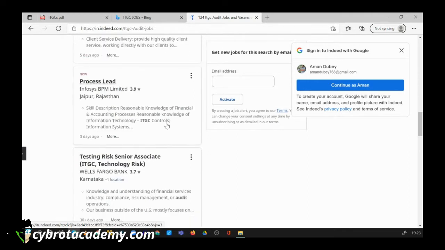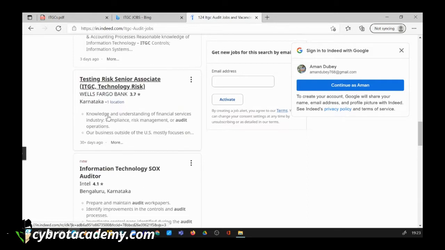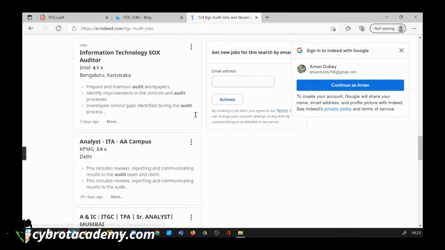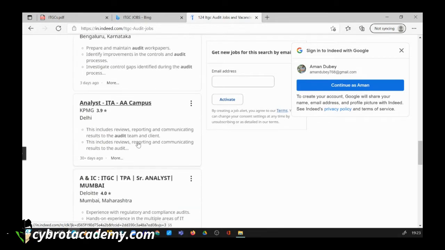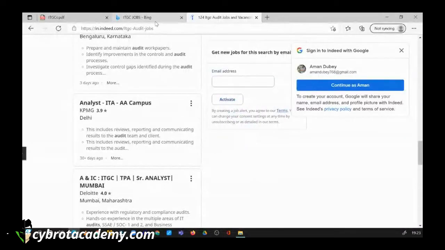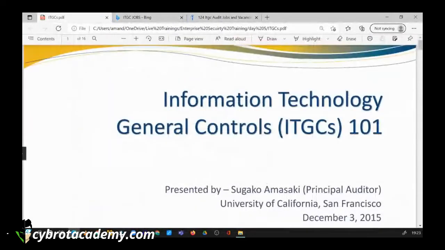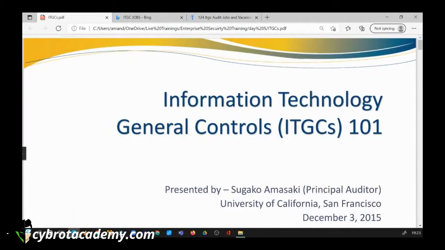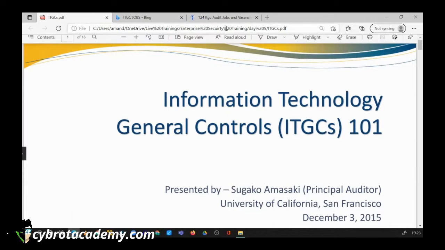See, ITGC, Information Technology General Controls, there are lots of vacancies in ITGC. Even if you are not getting a analyst role, ITGC audit and all, this is common, right? And this is a very basic thing in cybersecurity audits and assurance. So let's talk about ITGC. ITGC stands for